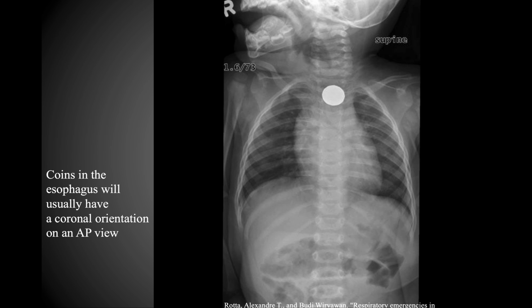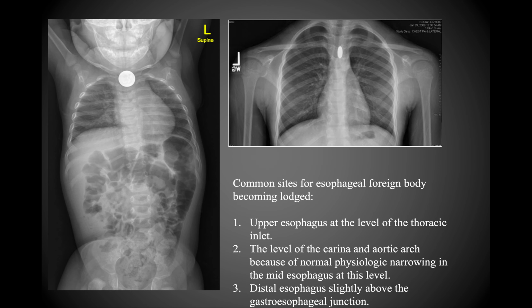This is a child that had swallowed a coin, and coins oftentimes will lodge in the esophagus at various points, which we'll talk about here in a moment. But when you look at it in coronal or in an AP view, usually the coin will be in a coronal orientation. However, you'll notice on the image on the right here, where now this is a different patient, but in this case, clearly the coin is in a sagittal view, not in a coronal view. So it's not always in a coronal plane, but